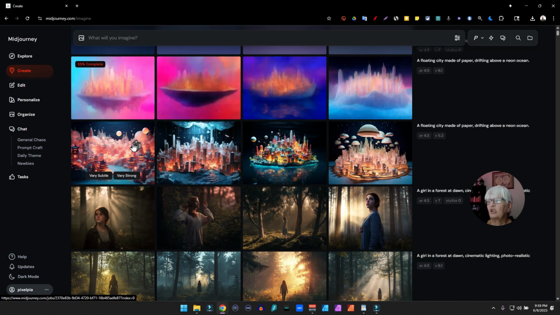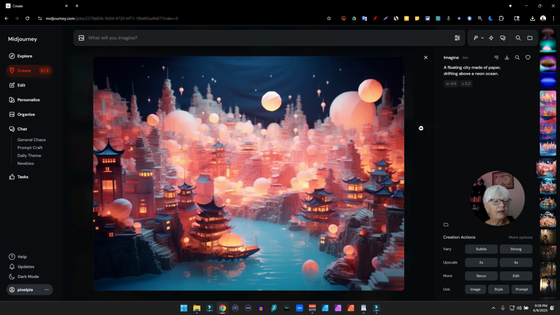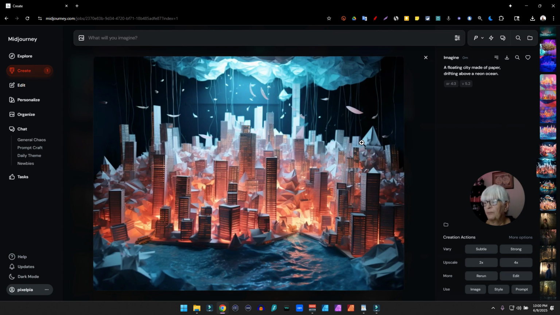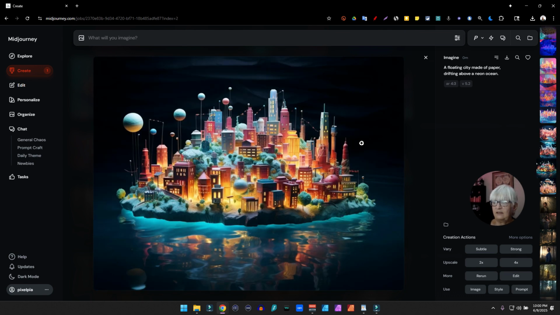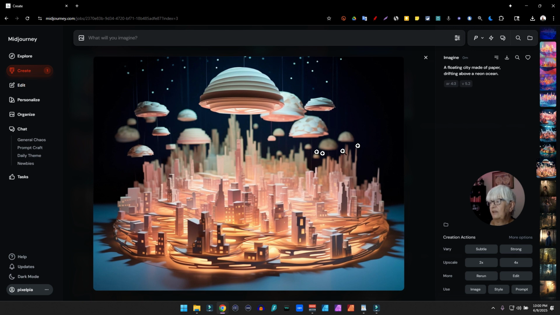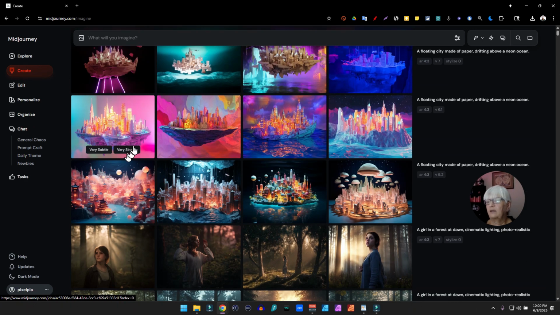So let's start looking at 5.2. This is very creative and very much what 5 was good at. Saturated colors, creative interpretation of the prompt. And if I needed something like this, it's very possible I would choose model 5 for something more fantasy inspired.